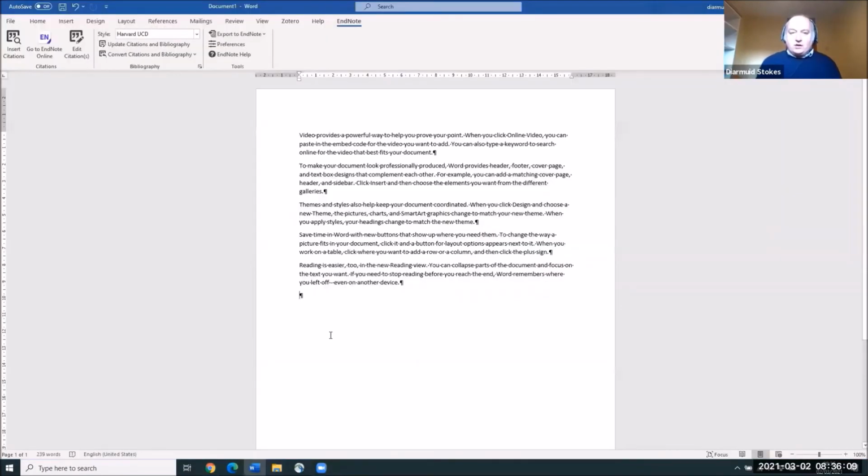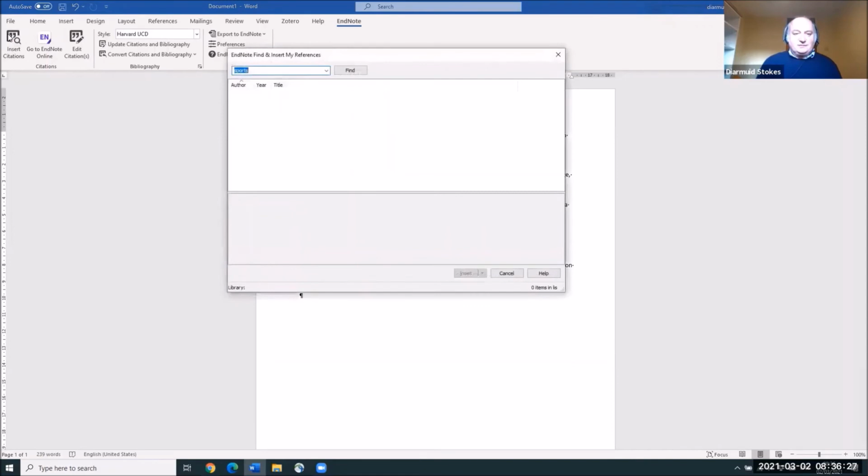So this is Microsoft Word. How do I get my references out? So you'll see there's a new Endnote toolbar. Just put your cursor where you want to insert your citations and click on the Insert Citations button. Put in a keyword or author's name, something that you know will get you the article that you want. We found loads of references to do with James Joyce, so I'm going to put in Joyce as my keyword. Click on Find,